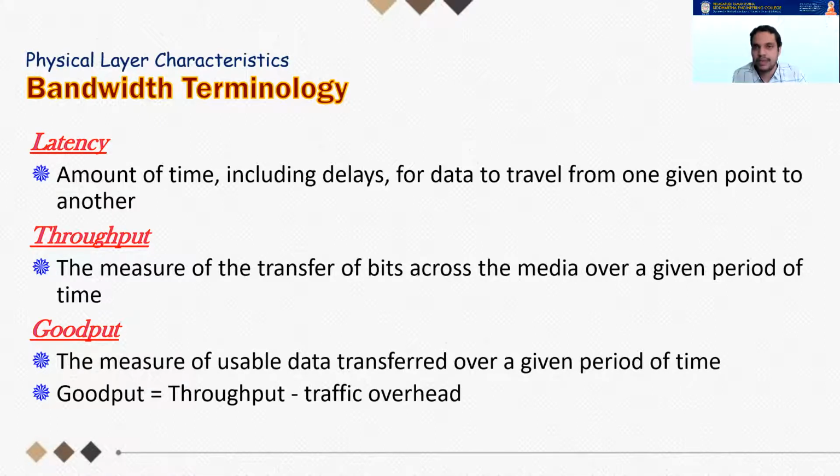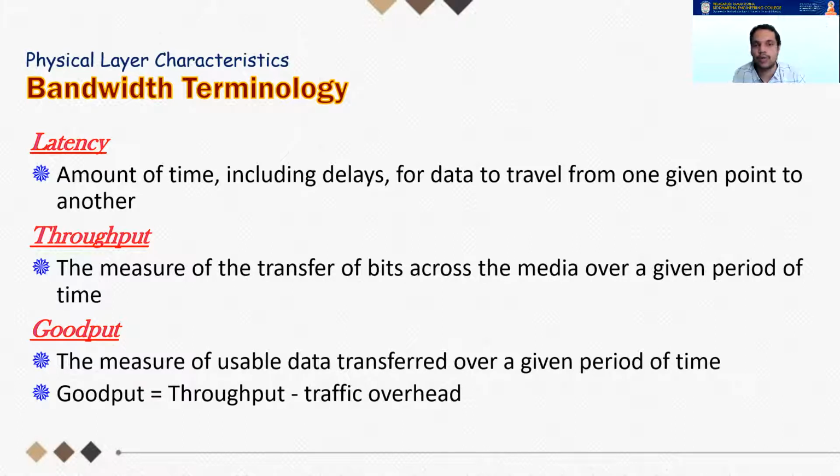If you ask me why there is a difference between throughput and bandwidth, there are numerous things that actually affect your bandwidth. If you are saying my bandwidth is 10 Mbps, you will not always get 10 Mbps. Maybe the medium is shared, or maybe the medium cannot support the speed. So throughput is your actual data rate, whereas goodput is the useful data that is being transmitted. So you take away all the packet overheads and other stuff.